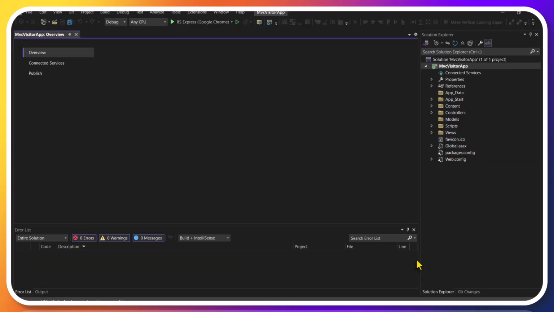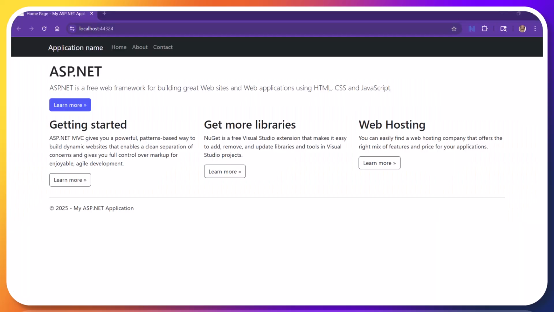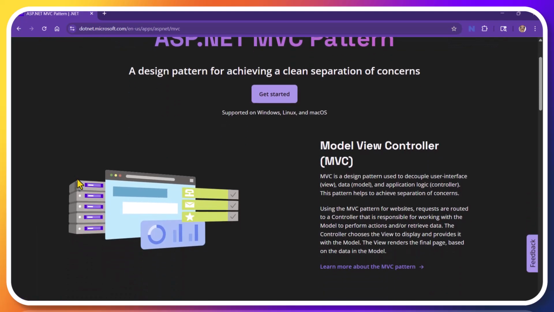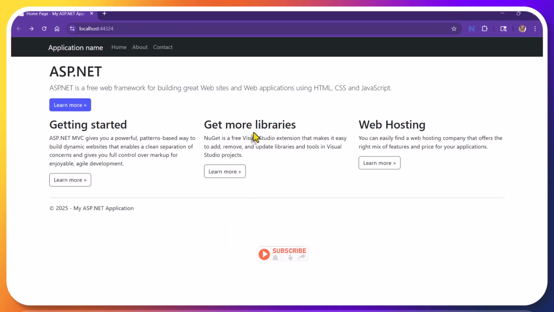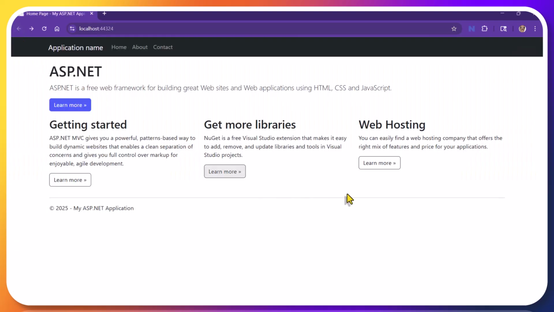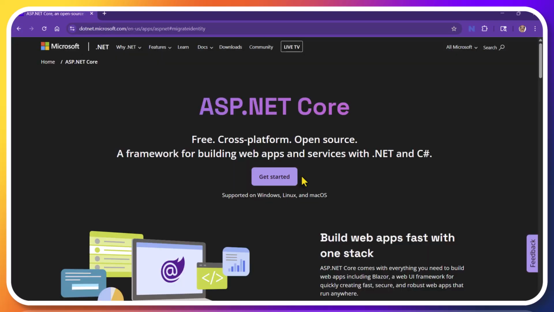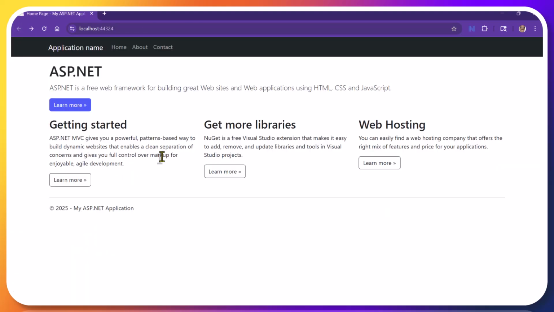The next time you will have below of Solution Explorer several folders and files. At this point you can build the solution just clicking the green arrow, and a web application opens so you can see its content. From this main page you have links to tutorials, libraries, and other external sites, as well as internal links such as About and Contact.